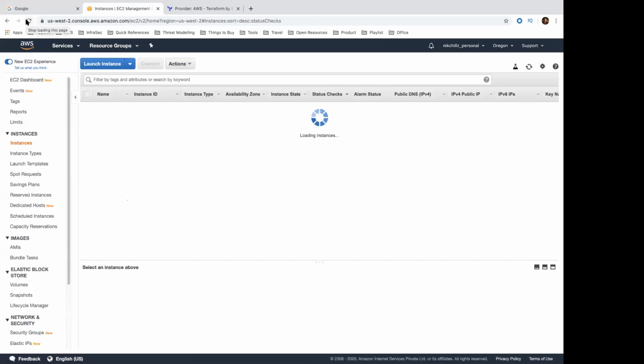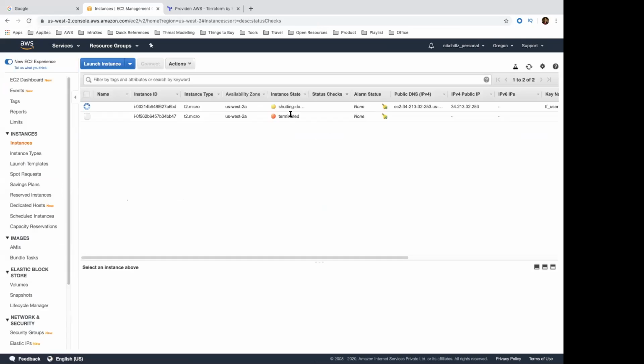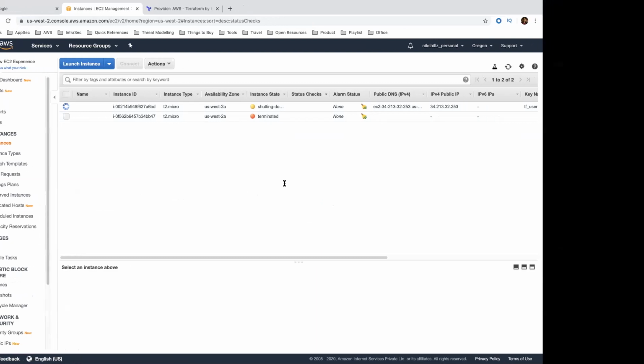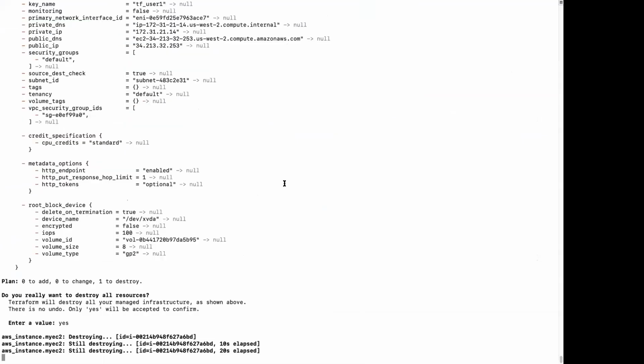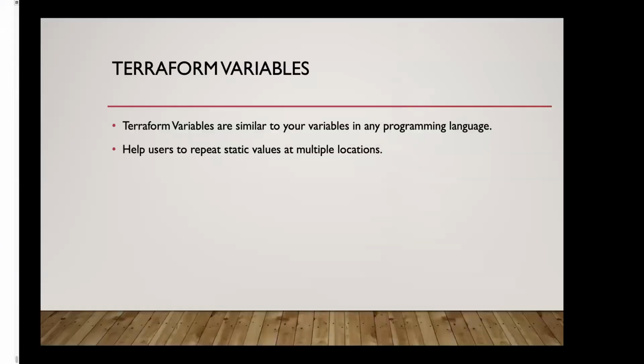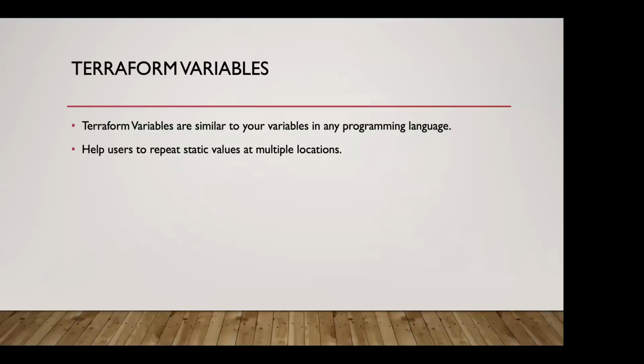Let's refresh it. Even the other one is shutting down right now. I think it would get destroyed now. We'll come back to our variables here, and we'll be using all of these eventually in the next demo sessions.